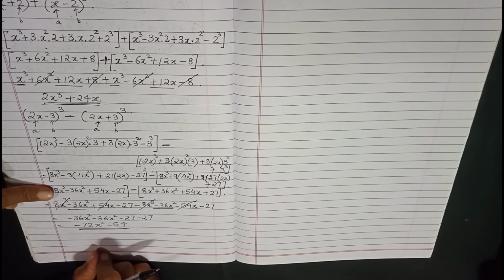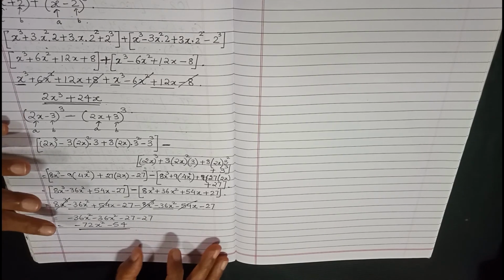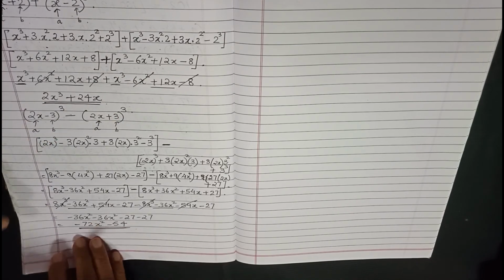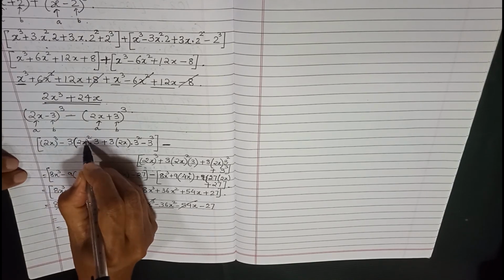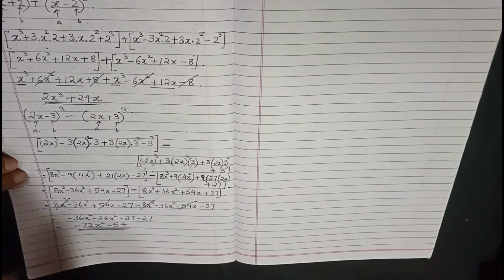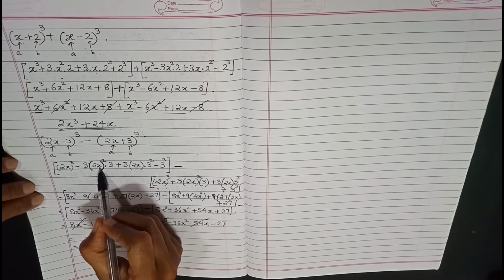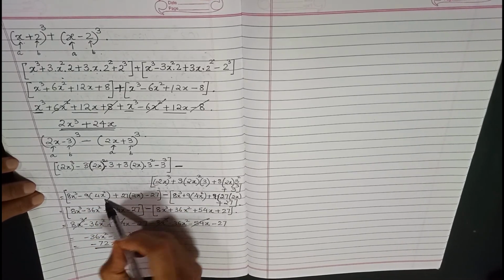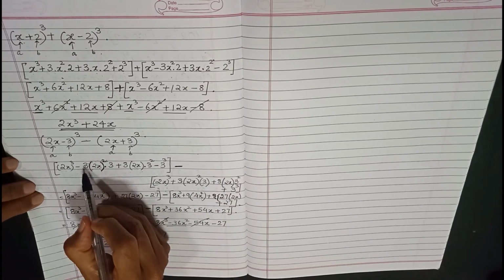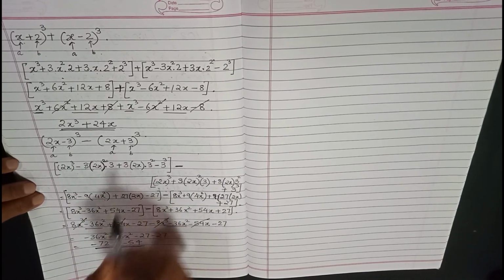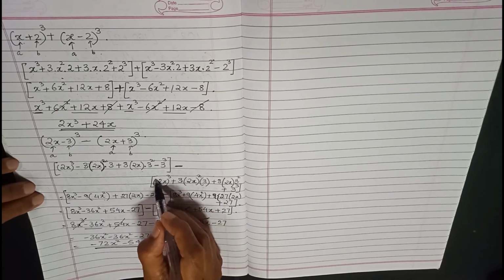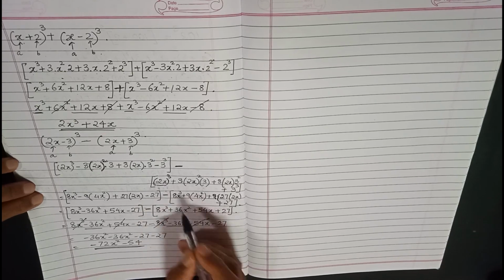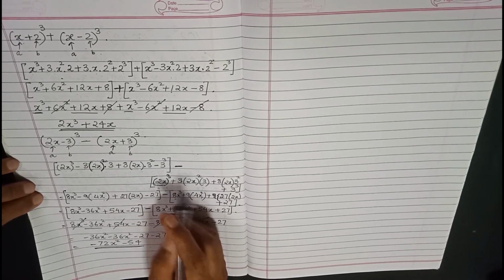So this is how questions of simplification can be done. The formula remains the same, which is (a − b)³ and (a + b)³. The only thing is, when you open the bracket, you have to be very conscious about how you are opening. Don't multiply directly. First solve wherever a square is given, complete it and then only multiply. Otherwise, if you do 3 into 2 into 3 and then square it, it will become a wrong answer. So wherever you have a cube or a square for a particular number, solve that first and then multiply. Thank you.